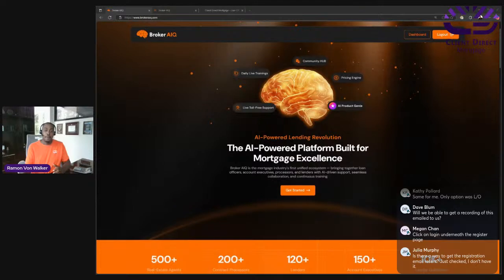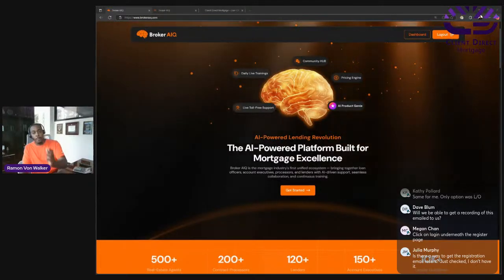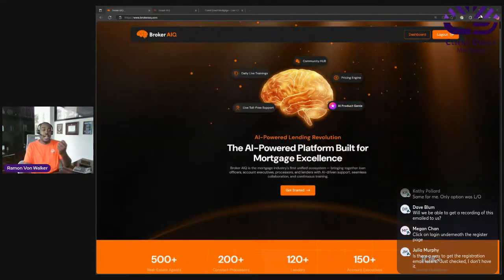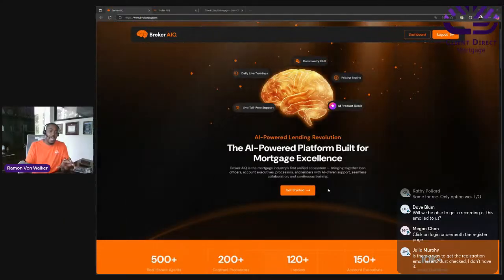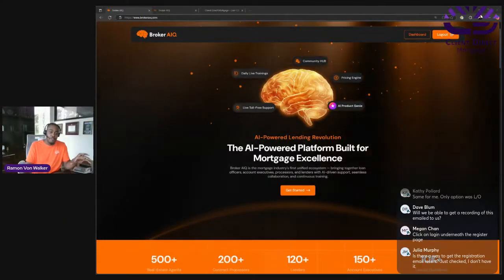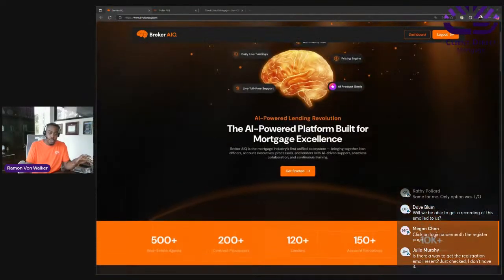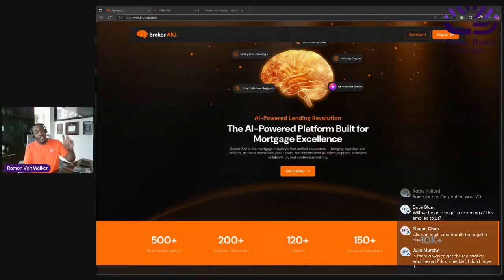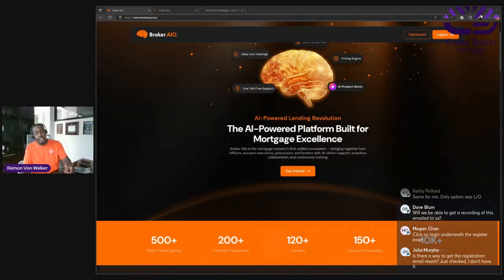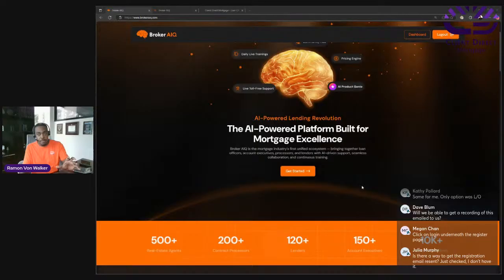Then I went through each role and all the people that participate in a process, and I decided to bring them into this threshold and give them a function to make this whole thing work better. So there are real estate agents, contract processors, account executives, and loan officers that sit in this platform.